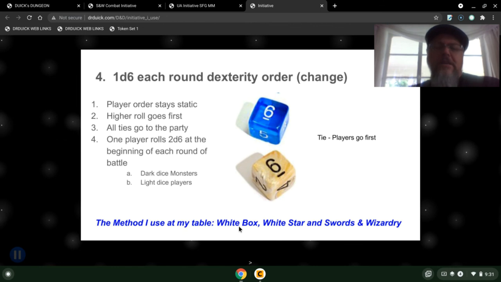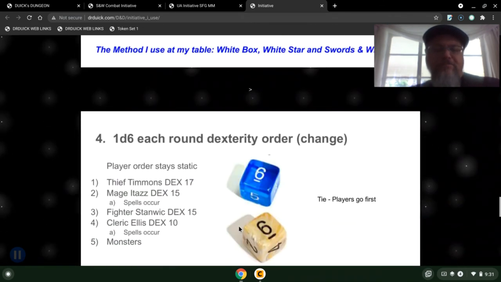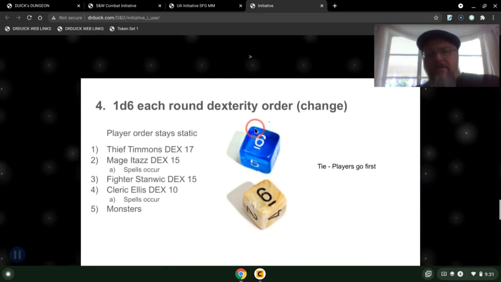All right, so let me give you an example of what would happen in this scenario. Say that was the dice roll. The dark one is the monsters, the light one's the players. Play order is going to stay static, and let's say we're basing it on dexterity. So it's Timmins, the mage. His spells go off when it's his turn. You don't have to wait till the end of the round. Okay, which makes sense to me. The fighter, the cleric, spells go off at the end of the round, and then the monsters would take a